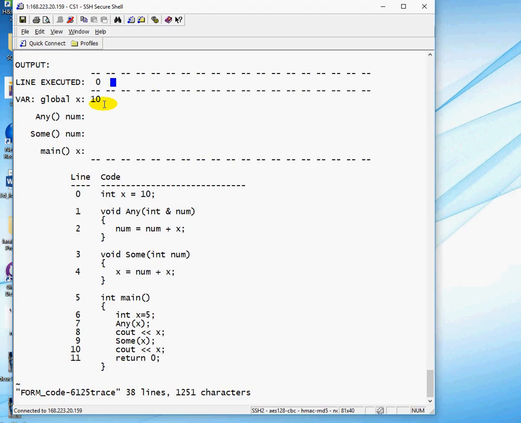So at line 5, we execute. What happens at line 5? We have a variable x defined in the main, which is a local variable. Its value is 5. After line 5, we do line 6. Line 6 is a call to the function any, so that the function any is entered at line 1,